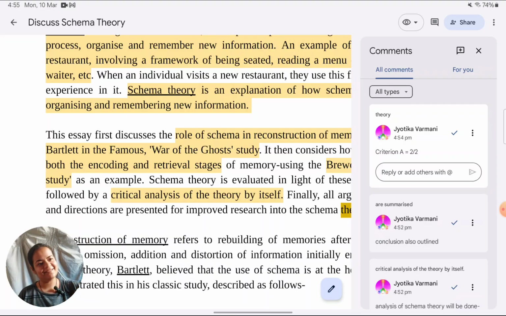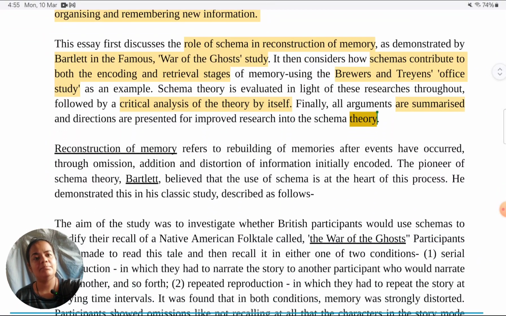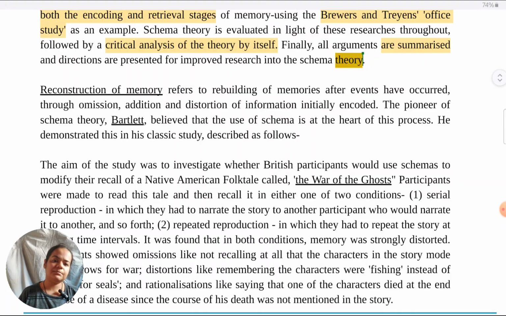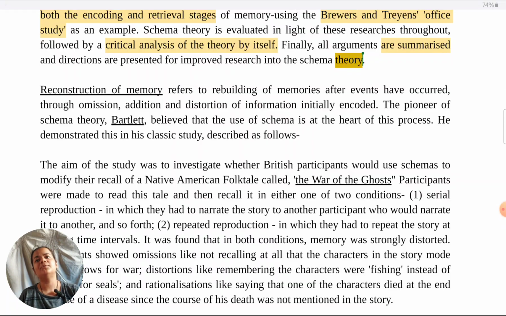Criterion B is about knowledge, and criterion B begins in the next paragraph. It's not that one paragraph has to be for criterion A, another for criterion B. Now throughout we are going to switch between B, C and D criteria. The next paragraph which we are looking at is meeting the knowledge requirements, criterion B. Here I have very good advice that I always remember from Professor Popov, what he has suggested.